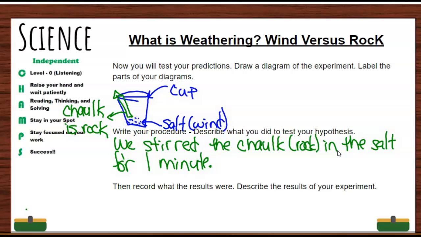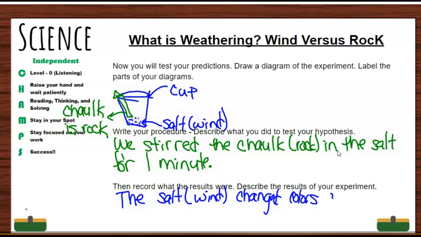Now, what color was it before? So it was a light blue, so you get to choose color in just a second. We need to get this done first. So, then record the results that you had. The result was the salt changed colors. So the salt, which is the wind, changed colors. And the chalk